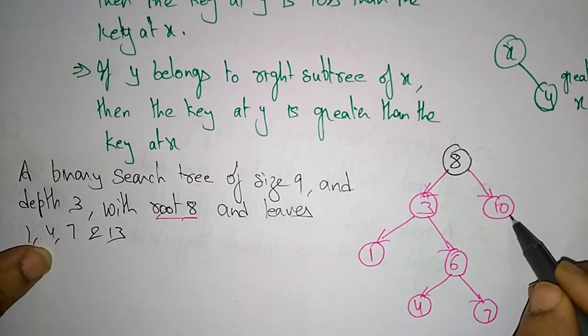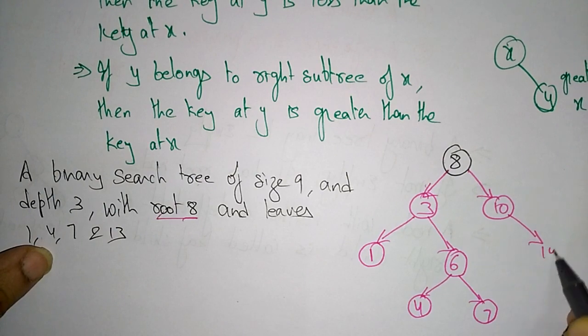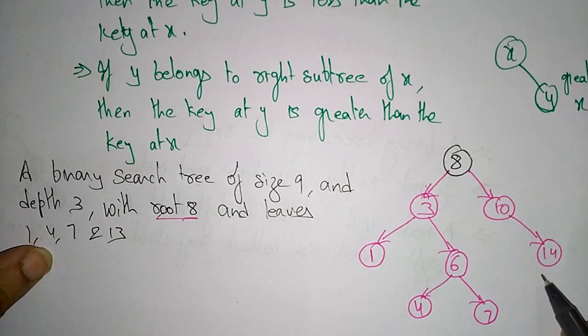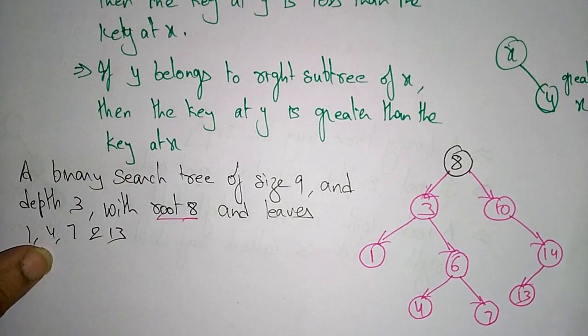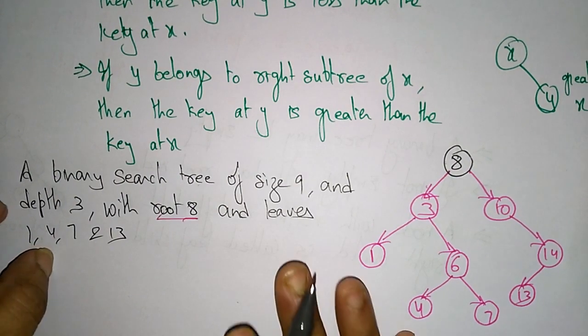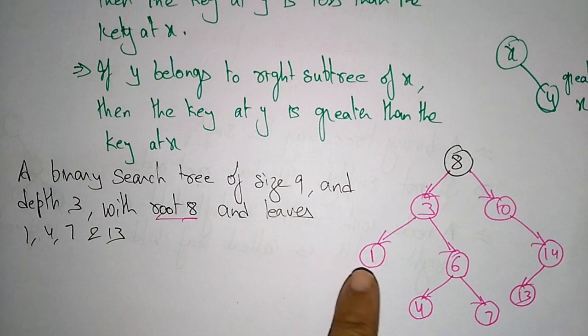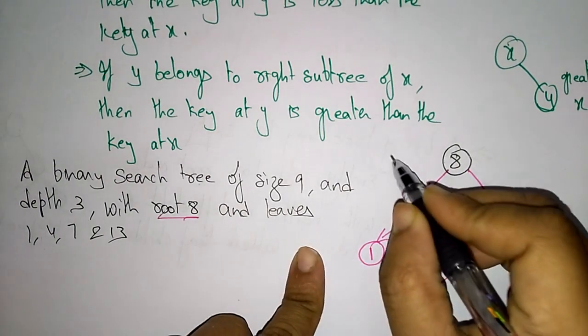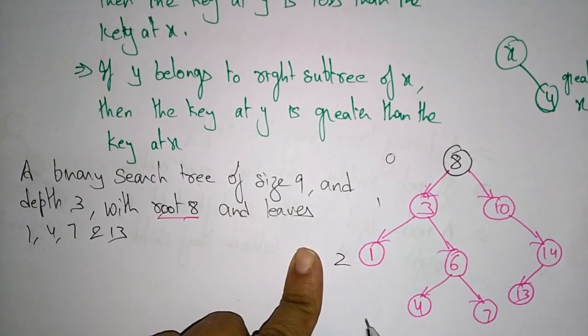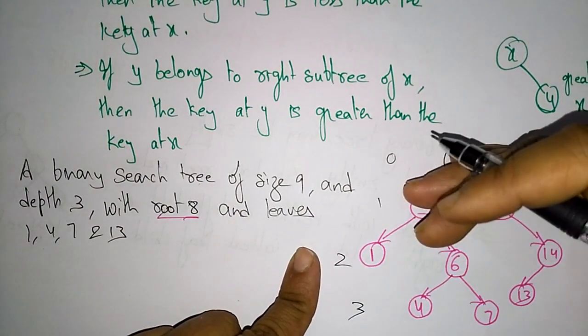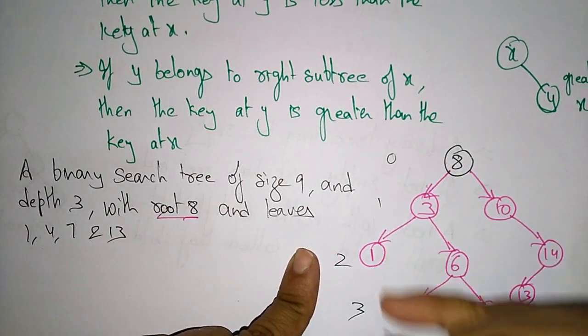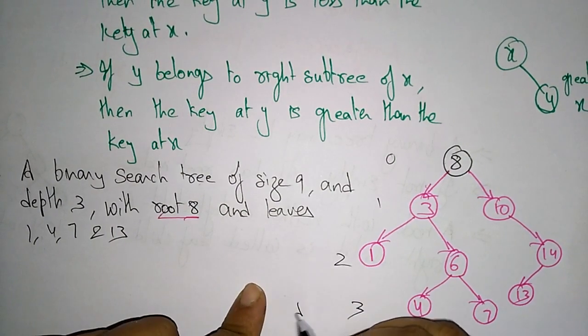Now coming to this: 14 is greater than 10, and 13 is less than 14. So here the depth becomes 3. Why is the depth 3? Here this is 0, 1, 2, 3, meaning the levels of the nodes: this is the 0 level, this is the first level, this is the second level and this is the third level. Means the depth is